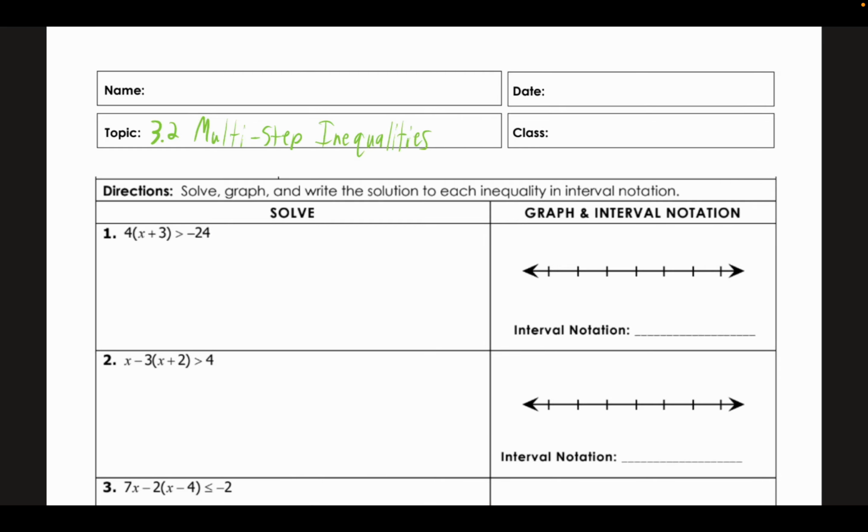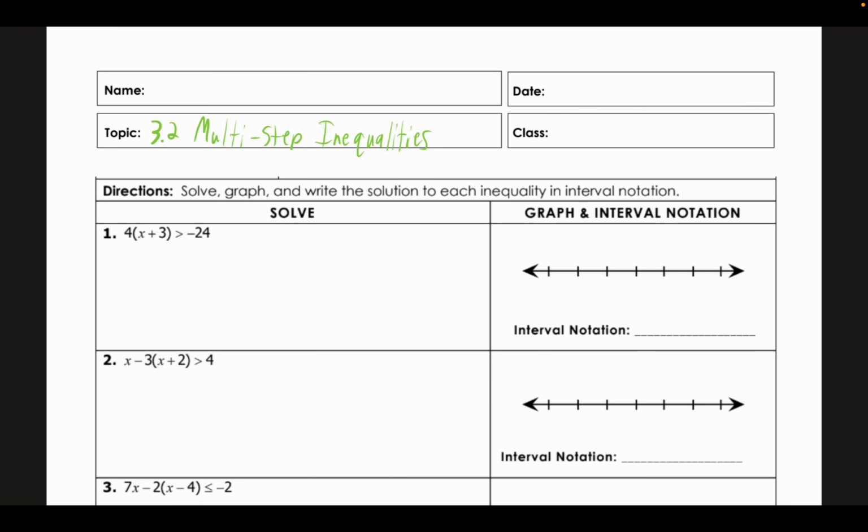Welcome everybody to Algebra 1, Section 3.2, Multi-Step Inequalities. So here we're going to be solving, graphing, and writing the solution to each inequality in interval notation. And this is essentially very similar to 3.1 where we did two-step inequalities and one-step inequalities, where the only real